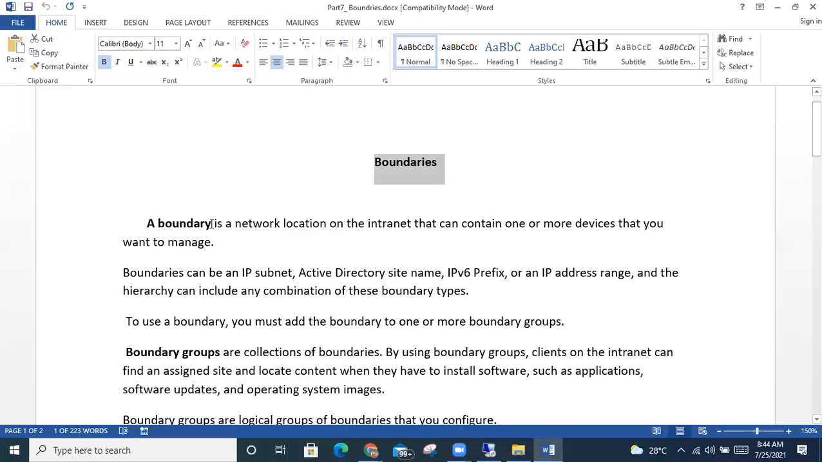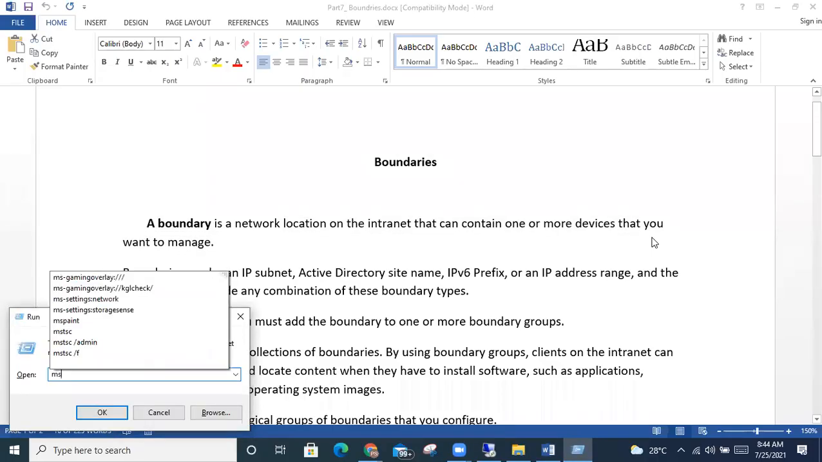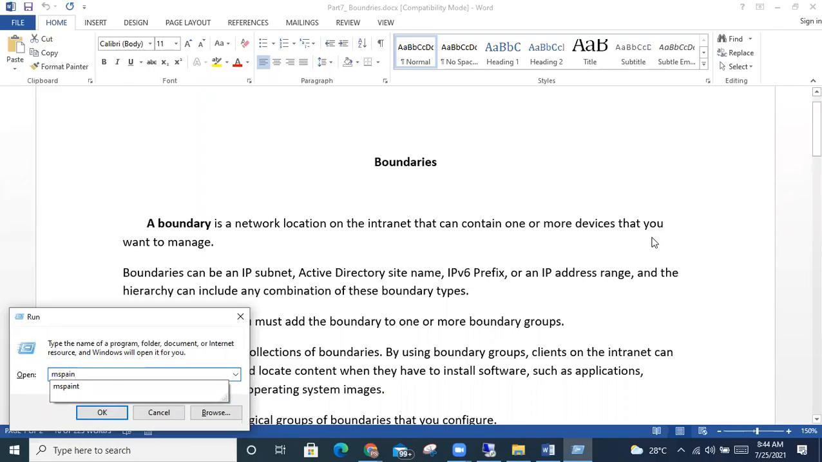The same way, this is also one boundary. Okay, a boundary is a network location on the intranet that contains one or more devices that you want to manage. So in SCCM, what the boundary will do is,